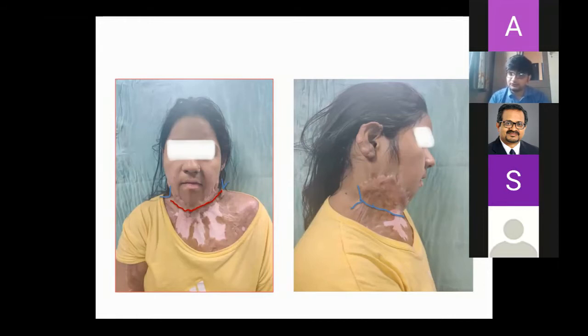Severe contracture involves more than 2/3 of the circumference of the anterior neck, and extensive contracture includes the mento-sternal fusion. So this is Achar.